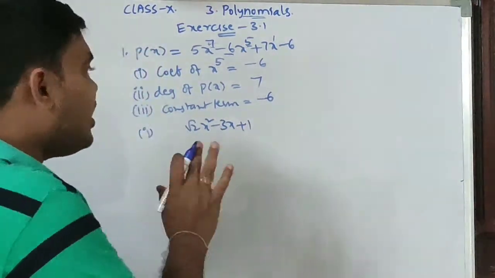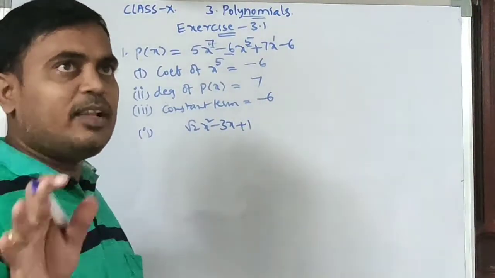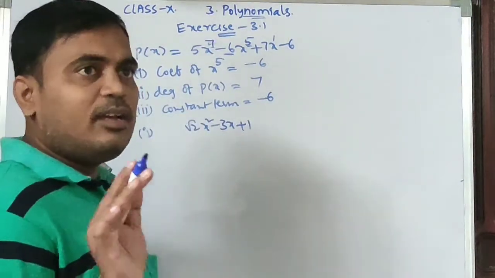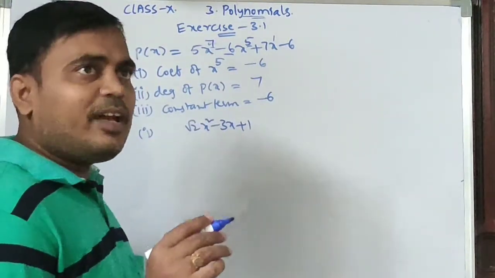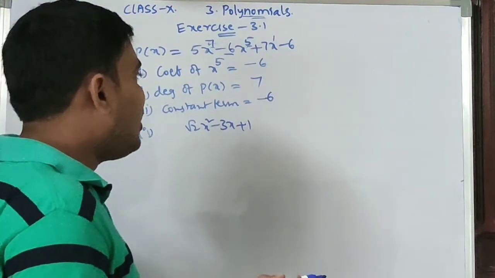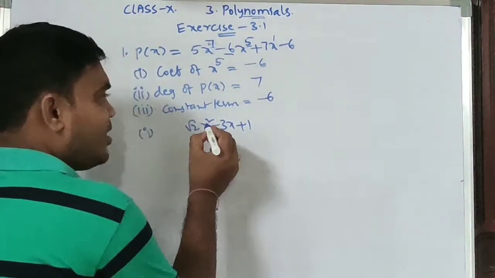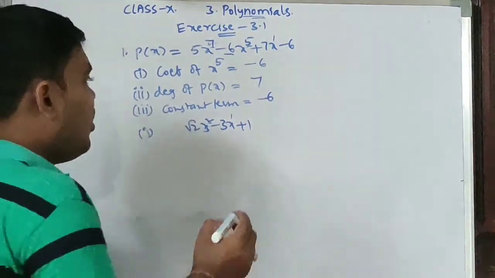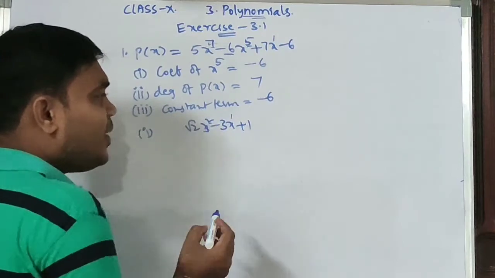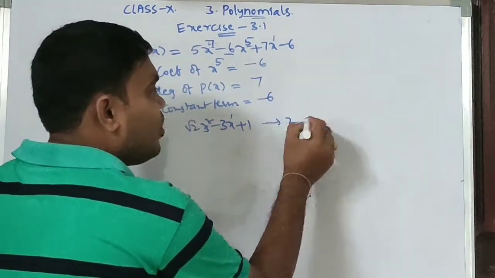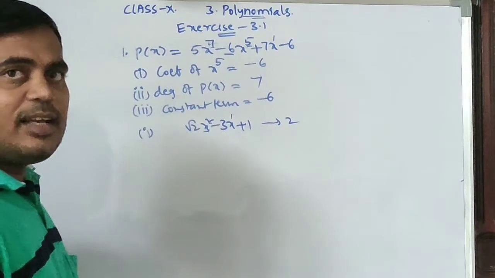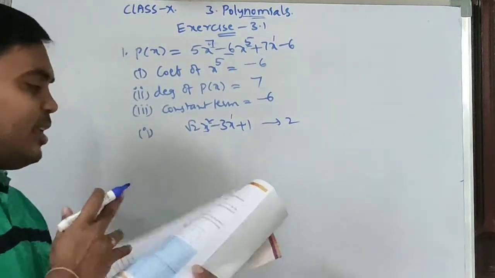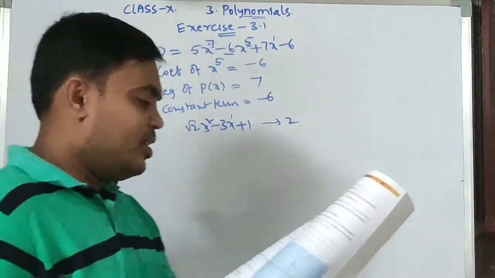Okay, first we are thinking about degree. What is given, we will think about later. So first, what is the degree? It is the highest power of a variable in a polynomial. If we observe the polynomial, what is the variable? x. The powers of x are 2 and 1. Which one is bigger? 2 is bigger. So the degree is equal to 2. The highest power is called the degree. So the degree is 2, but it is given as root 2, so it is false.